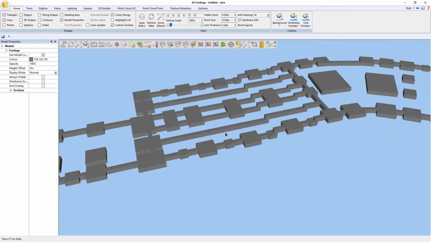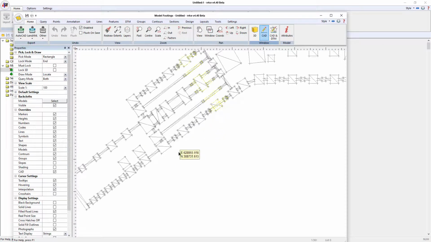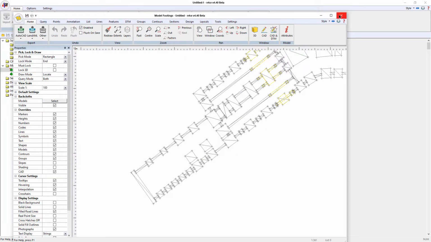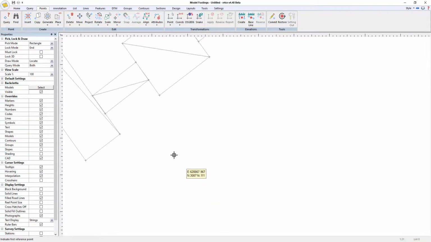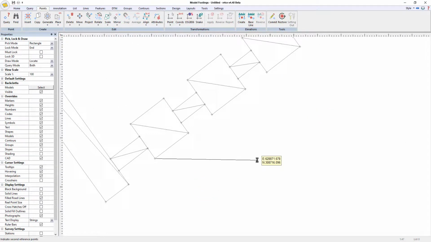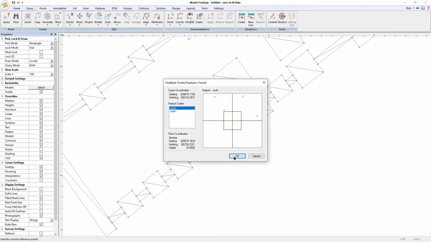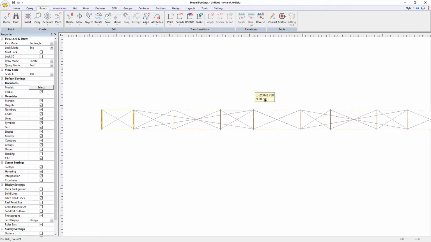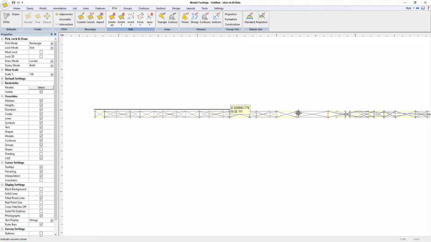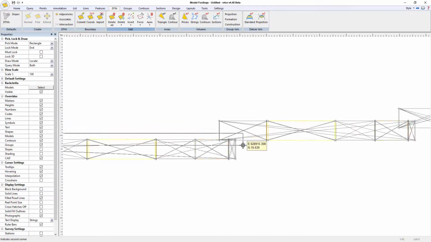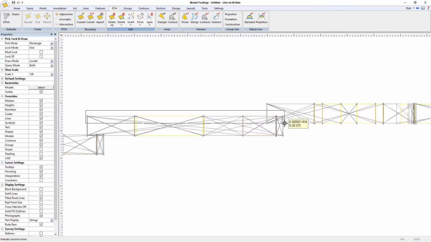To leave us with the trench, what I'm going to do is turn this view into an elevation. So maximize that, go to points, elevation create, and I'm just going to pick any 2 points on the same face. That now lets me look at the triangles from the side. I can now go DTM and choose delete by rectangle and just delete these top triangles. So delete those ones, these ones, and